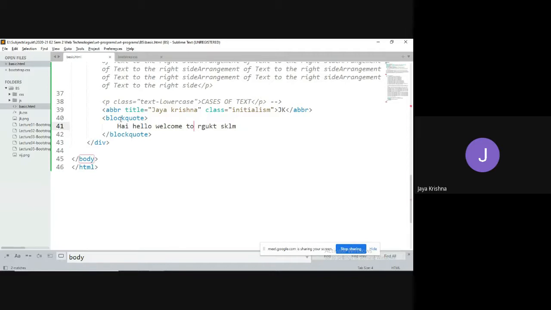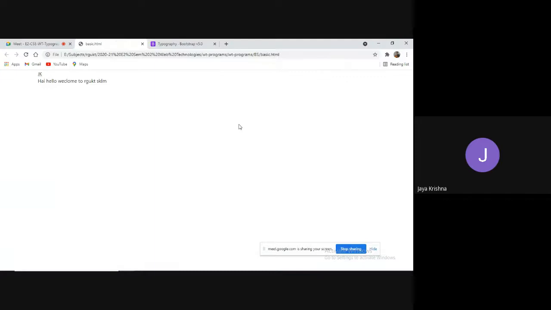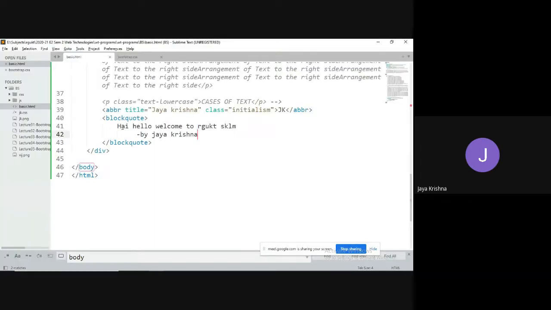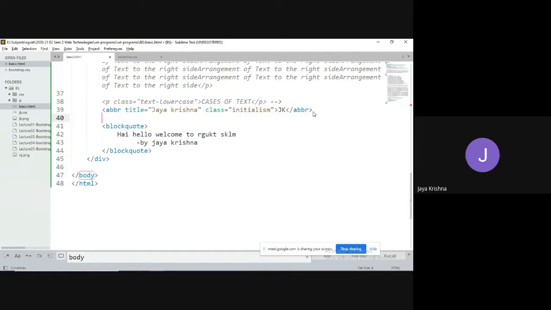If you want to make, for example, I have copied this text from some other resource. I would like to make this as given by Jai Krishna. Now you can observe the output, how it looks like. It will look like this. But I want to make it a kind of quotation. If you would like to write some kind of quotations, what you can do is use the figure tag, which is already explained in the HTML, or else you can go for a class available here.